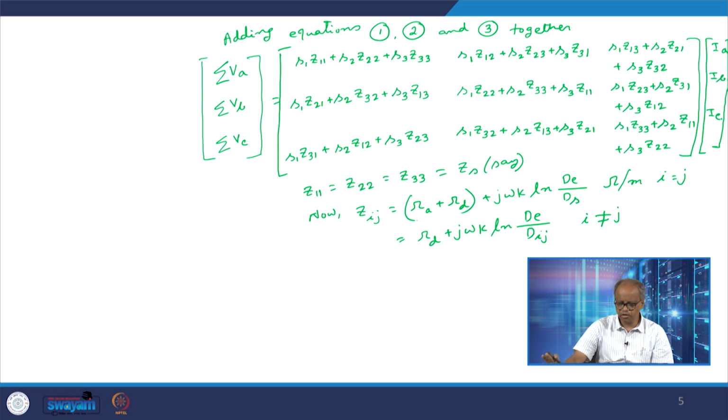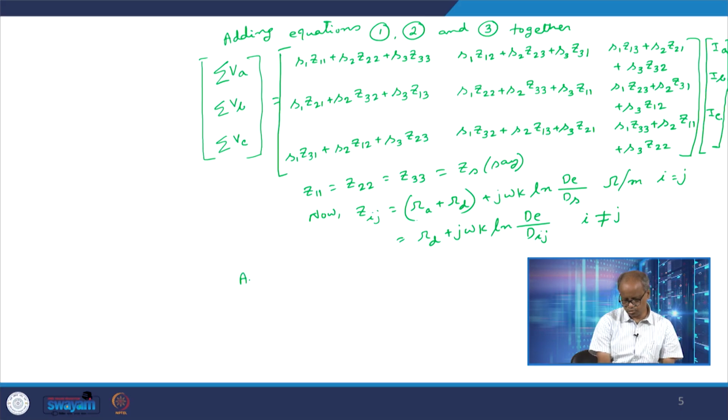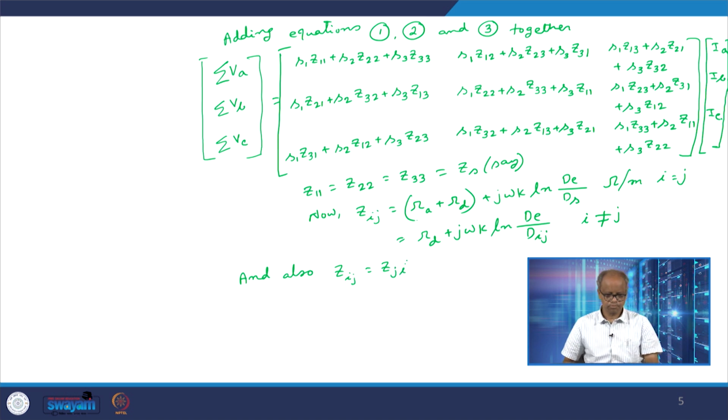So, these expressions we have already seen. If these three conductors are identical, then Ra would be the same, and of course the value of ds would be the same. Therefore, Z11 would be equal to Z22 would be equal to Z33, and it would be equal to Zs. We have already seen that this impedance matrix is a symmetric matrix, so we also know that Zij is equal to Zji,